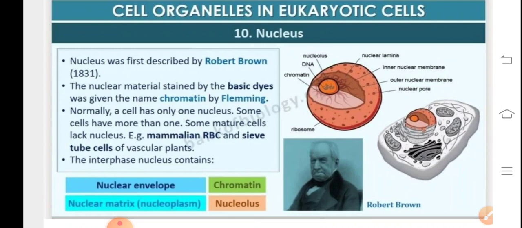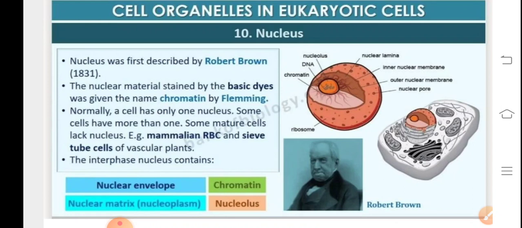The nucleus was first described by Robert Brown. It is also called the controller of the cell. It is absent in mammalian RBC. The exceptions to it are camel and llama. Basically, when there is one nucleus per cell, it is referred to as a uninucleate cell. But there can be two nuclei per cell, then it is referred to as binucleate. For example, Paramecium has two nuclei. One is the macronucleus and the other is the micronucleus. The macronucleus controls the metabolic activity, and the micronucleus plays a role in reproduction.